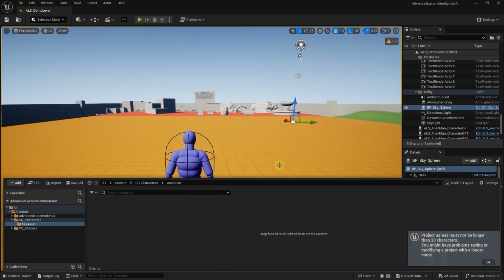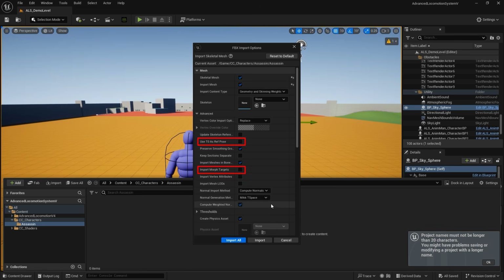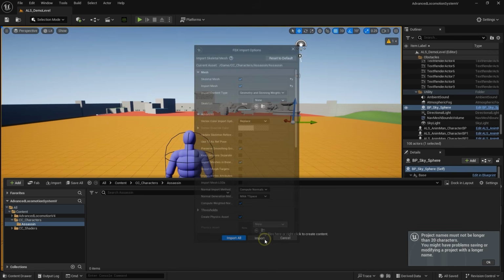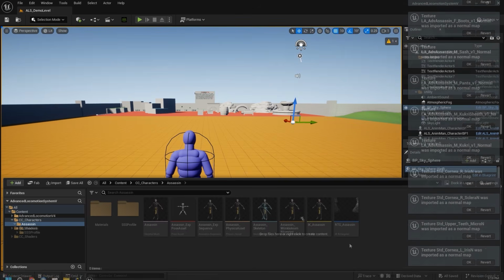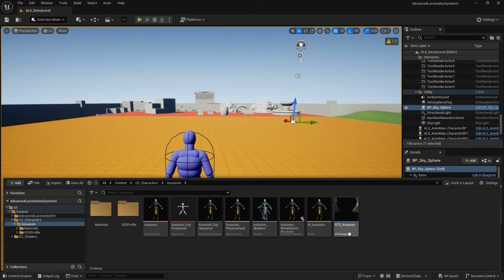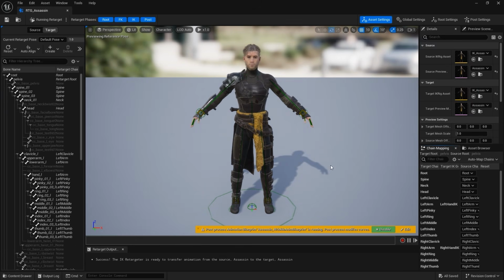Select HQ Shader and be sure to disable Use T0 as ref pose as well as import morph target if you don't need facial expressions. Doing so can save a significant amount of time during import. After importing your character, you'll see that both the IK Rig and Retargeter are automatically configured. Open the IK Retargeter and you'll notice that the source and target are both set to your character's IK Rig